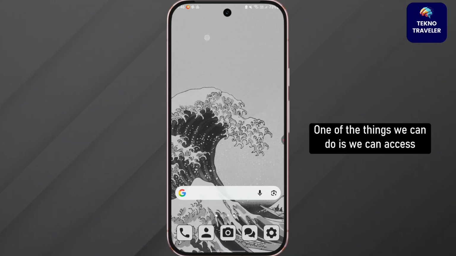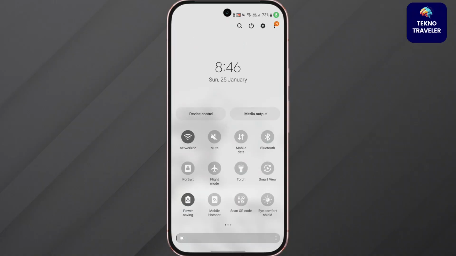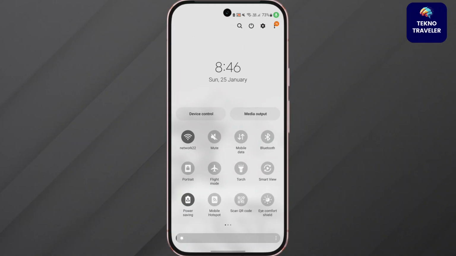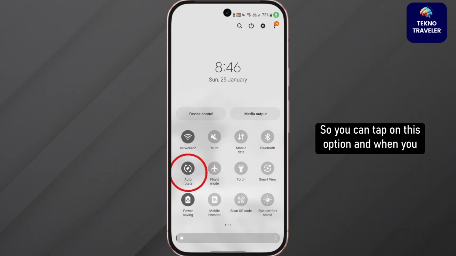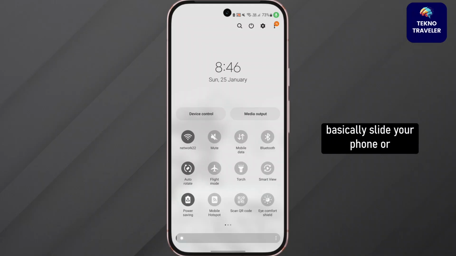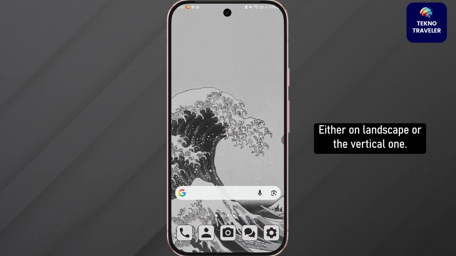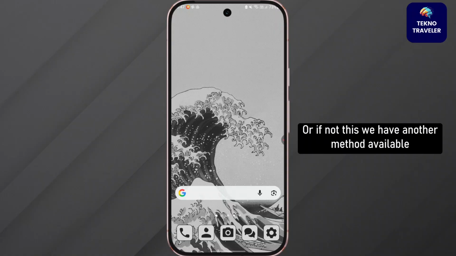One of the things we can do is access the quick settings panel directly. Once we access it, we can look out for this option called auto rotate, or depending on the mobile device, we'll be finding different options, such as on mine, it's portrait. So you can tap on this option, and when you move your phone in a direction, it will auto rotate depending upon what direction you're on, either landscape or the vertical one. So you can just follow this method, or if not this, we have another method available, which